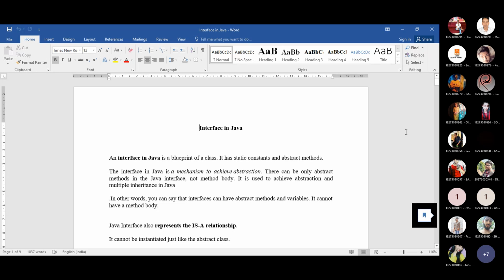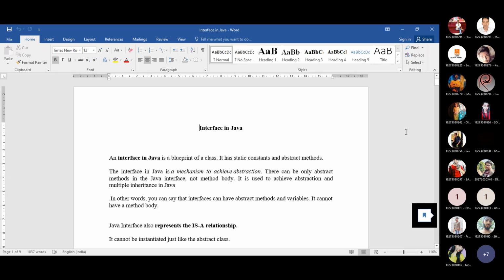And how this data will be implemented, processed, or stored in the database, that portion is not related to the user. That can be an example of abstraction. You are just providing what you need to do, but how it is done is hidden from you. That is the example for abstraction.